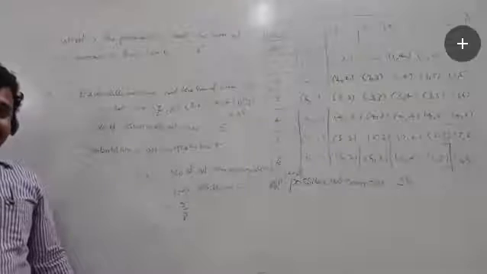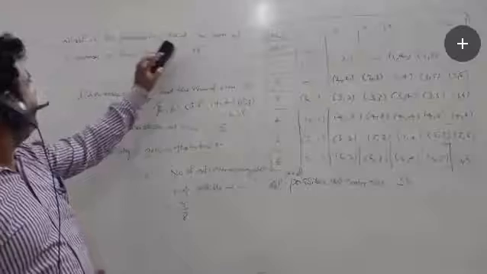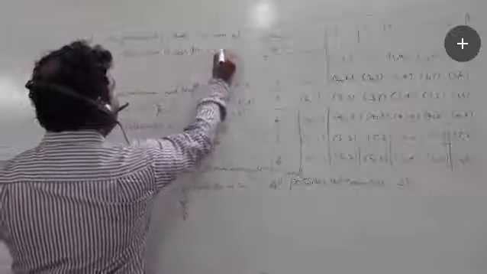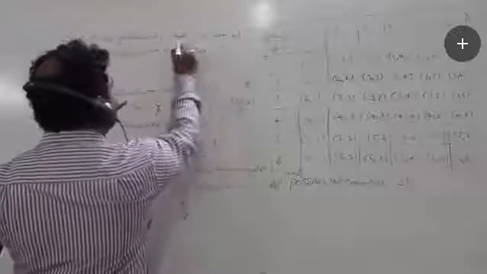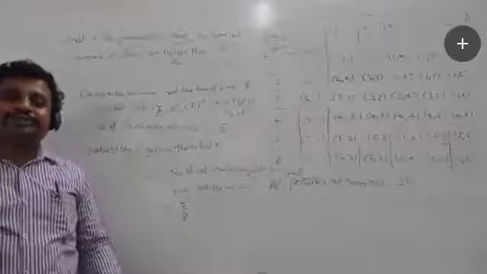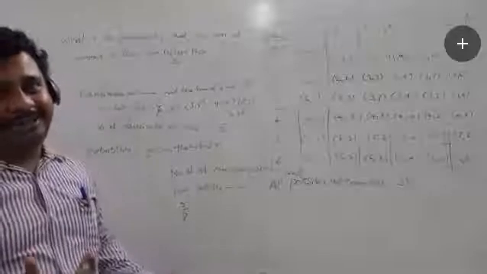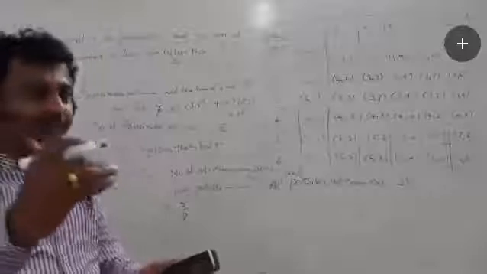Once again, we have another question. What is the probability that the sum of two numbers on their face is less than 8? Students, be careful. Why do I say be careful? Just listen to the question carefully, otherwise we may make some mistakes. That's why I said that. Okay students, less than 8.